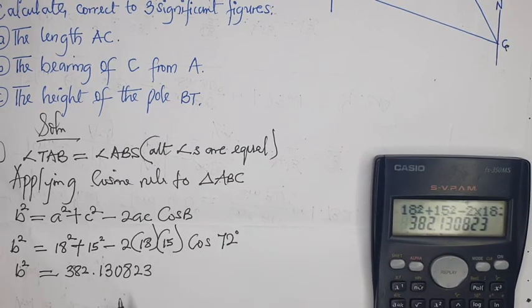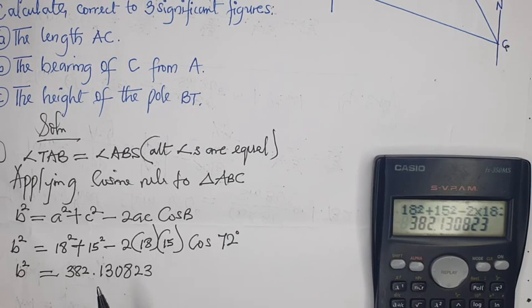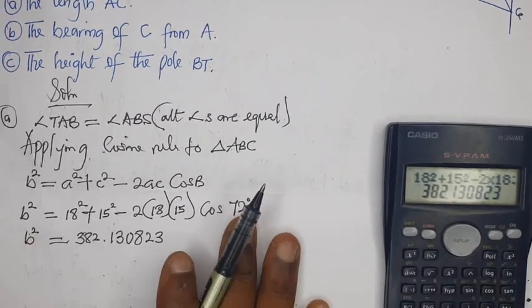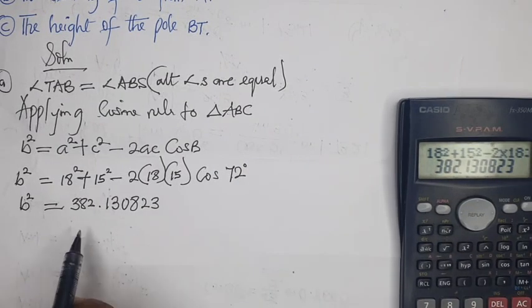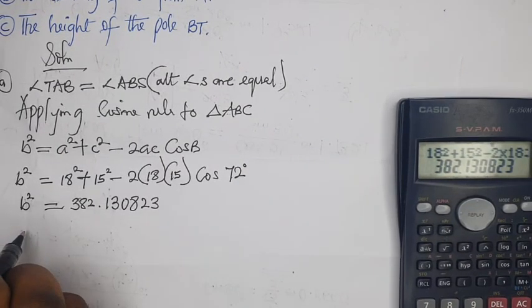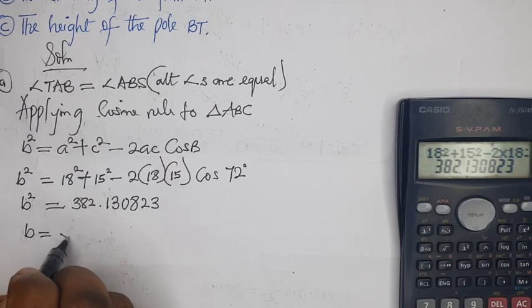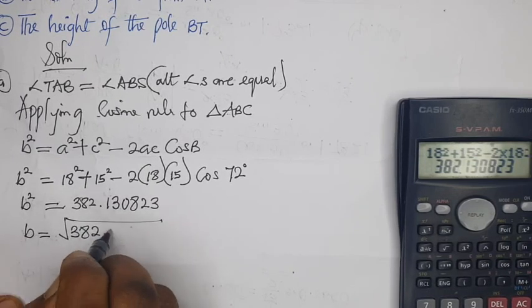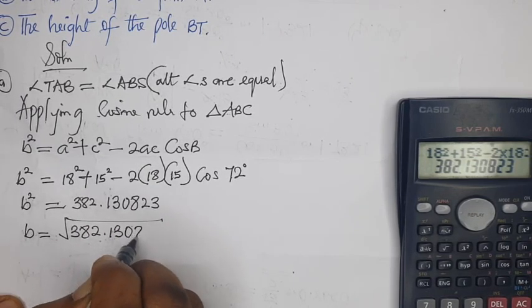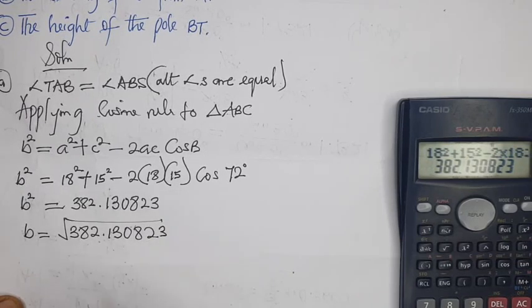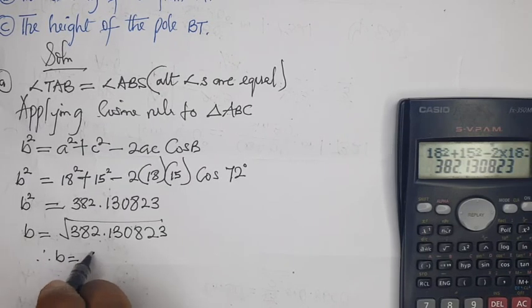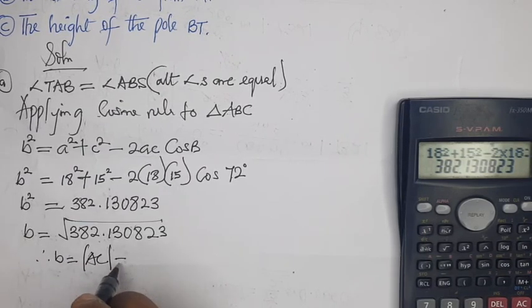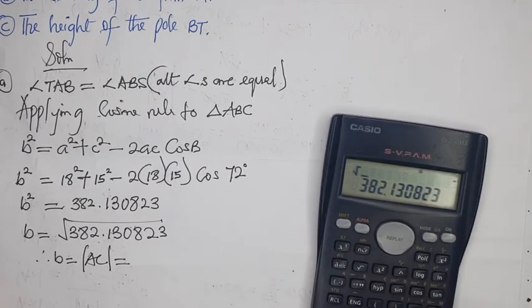It is always advisable to write decimal numbers as long as possible. Don't abbreviate them at the moment. Don't approximate, okay? Because approximating opens you up to a wrong answer. So since we have this already and we're looking for the value of b, we can just take the square root of both sides. So b, which is the same thing as length AC, will be equal to the square root of 382.130823. The square root of the answer we have here is equal to